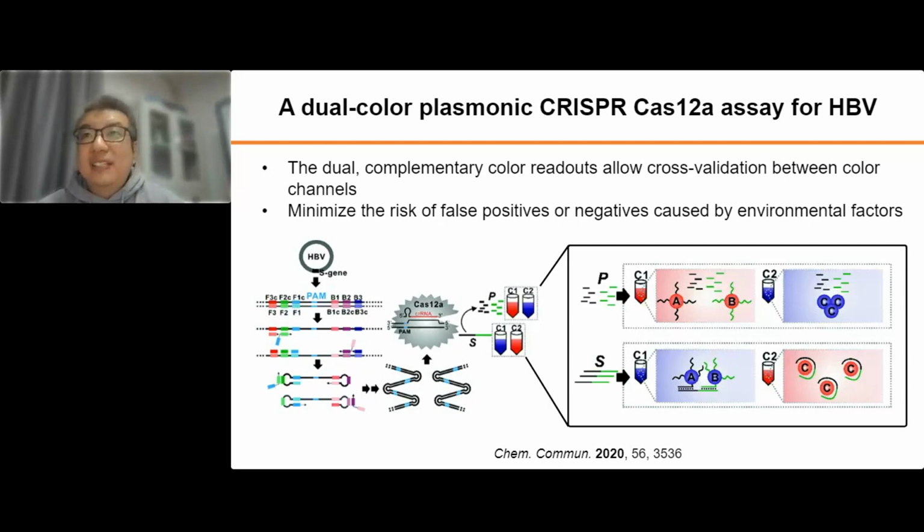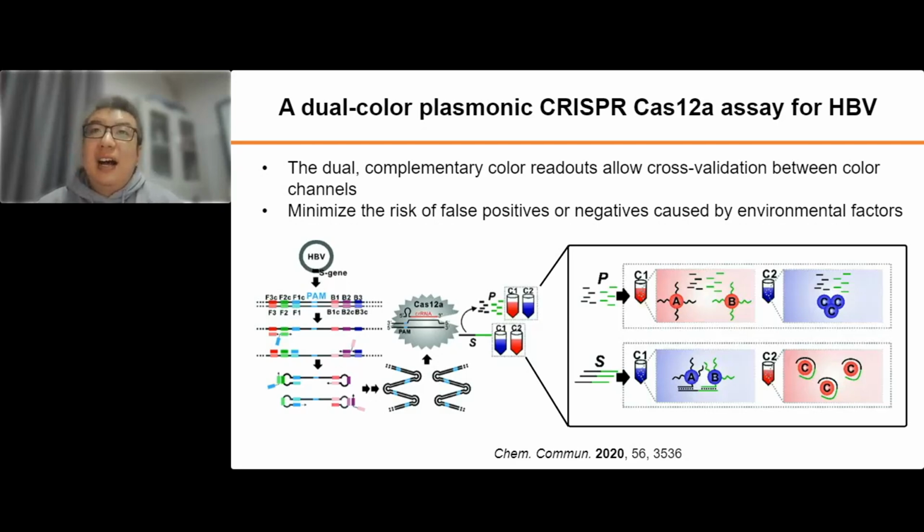However, if there is single-strand DNA, it can protect the surface of gold nanoparticles to prevent aggregation even in high salt concentrations. So in that case, the color will be red. Because of the two color systems, if we have a positive HBV infection, in the first system, the C1